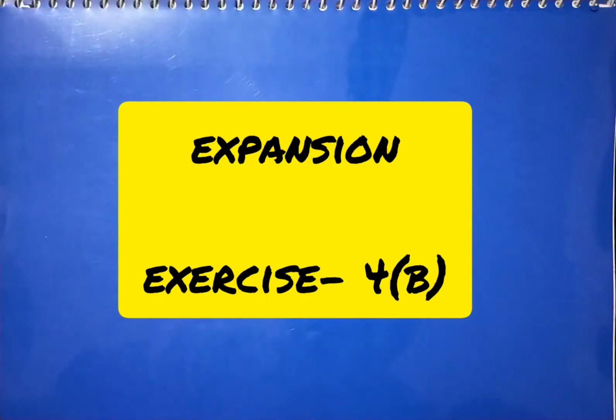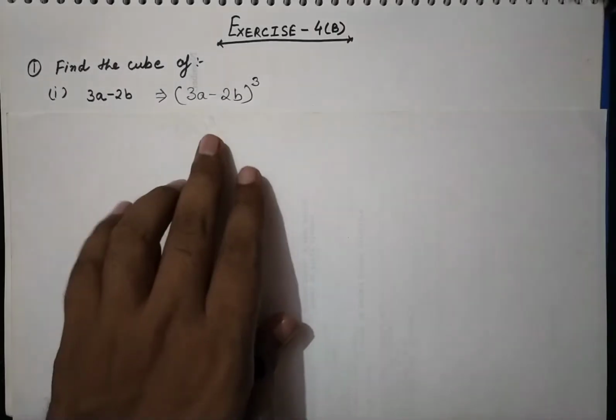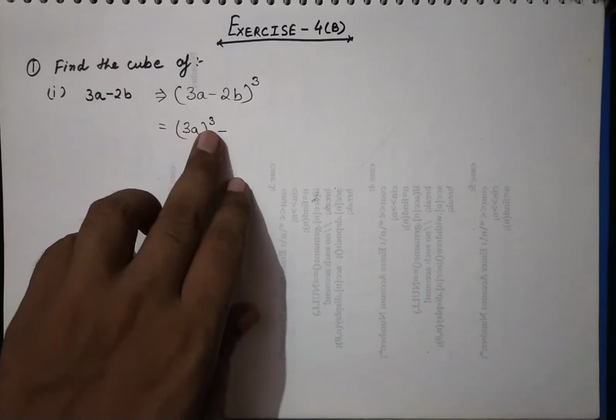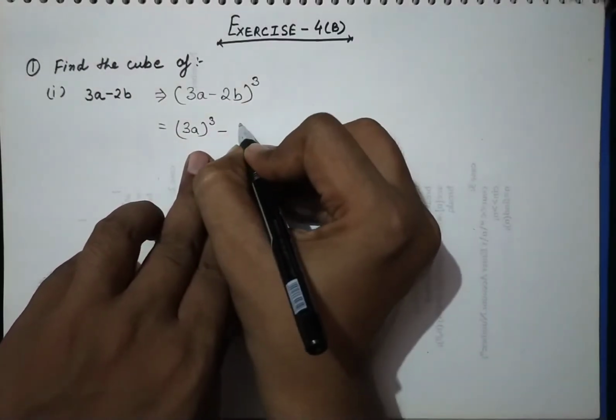Everyone, today we are going to start with exercise 4b of chapter expansions. Our very first question of this exercise is to find the cube of. Let's do the first part of it, and it is the cube of (3a minus 2b) to the whole square. And here we have written in that form. Now (3a) to the whole cube minus (2b) to the whole cube